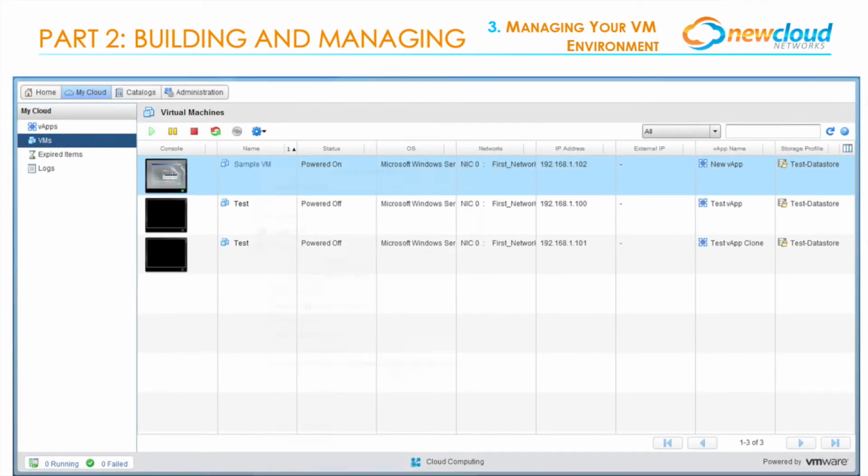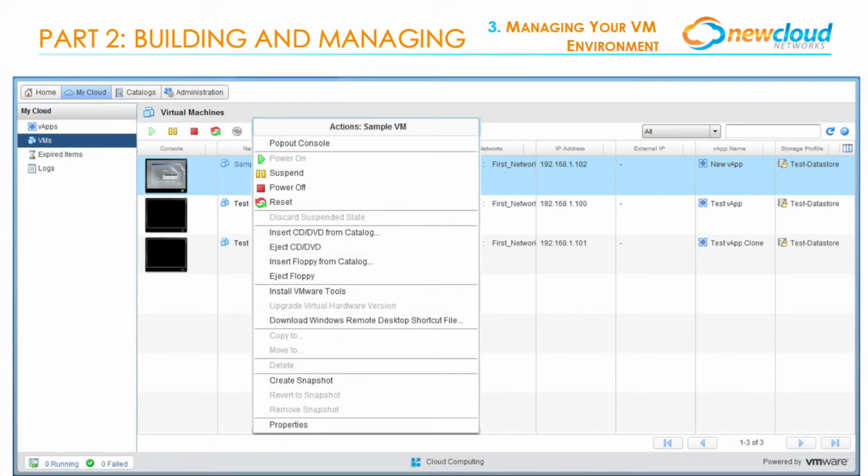Just as you would access vApp actions, you can do the same with virtual machines. Just right-click on the virtual machine and a list of actions also appears here. You can pop out the VM console to be able to work within the VM, power on, suspend, power off, and reset the VM, discard its suspended state, insert CD/DVD from Catalog, eject CD/DVD from Catalog, insert floppy from Catalog, eject floppy from Catalog, insert VMware Tools, which optimizes and enhances the performance of the virtual machine, upgrade virtual hardware